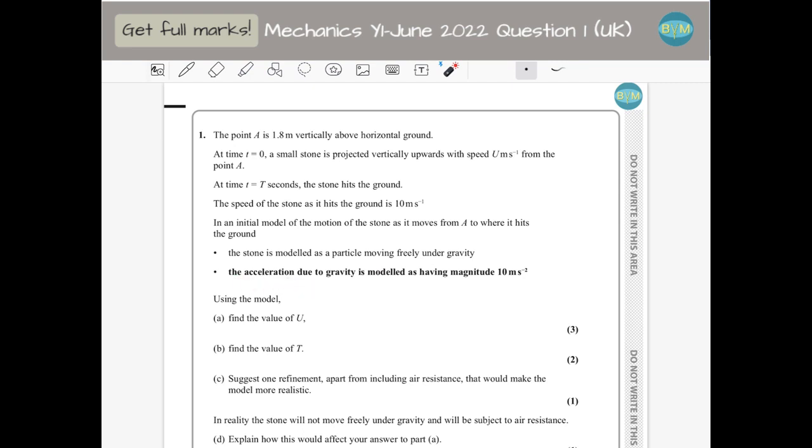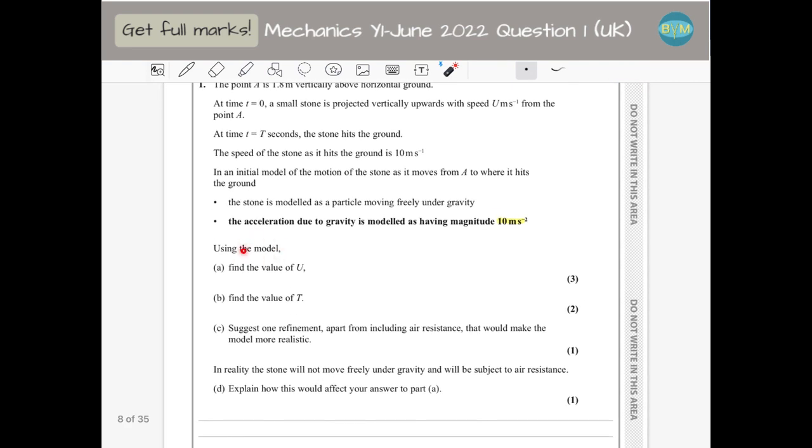The acceleration is 10 meters per second squared. Be careful because this is an unusual value. And using the model, we have to find a value of u. So the first thing,